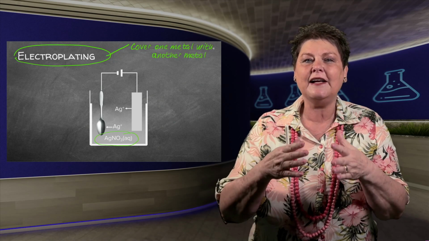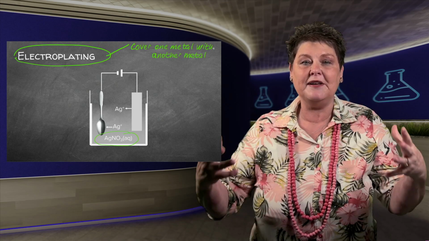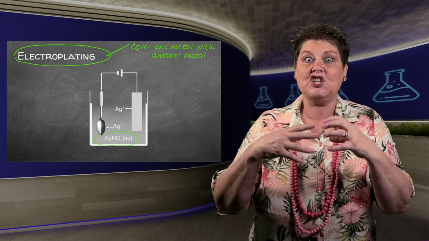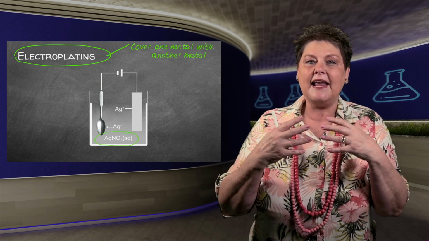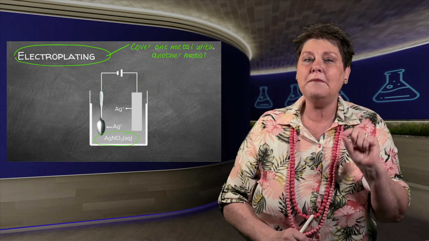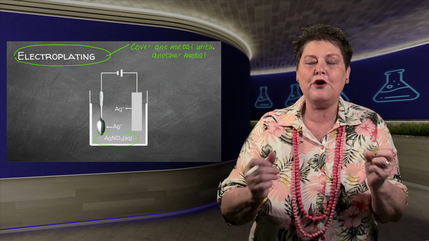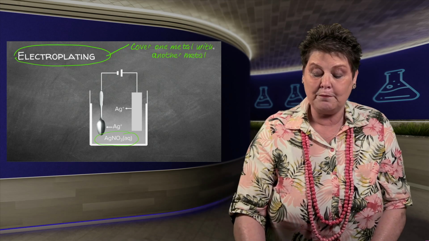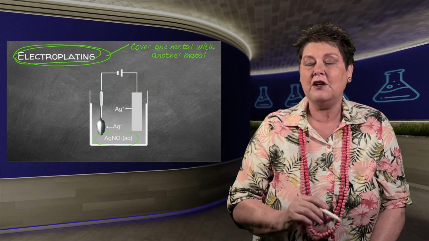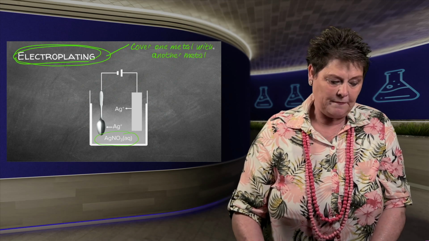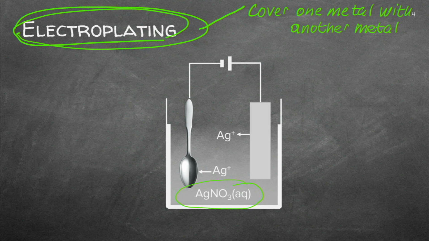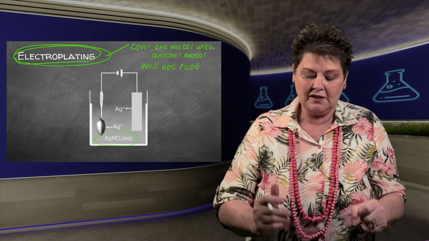And you can even find guys with their cars, their bumpers, and their bull bars shining and silvery, and they actually did electroplating. So in many of the garages where you go for your car to be serviced, you can find some of the electroplating plants where they use this concept and application. Right, so it's used to protect, because then it will not rust. And that's one of the reasons why we electroplate metal, so that it is not oxidizing with oxygen.